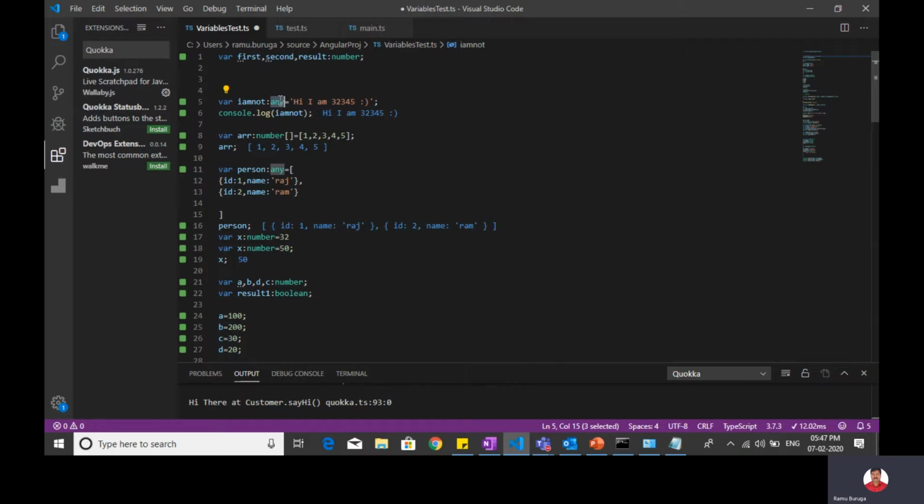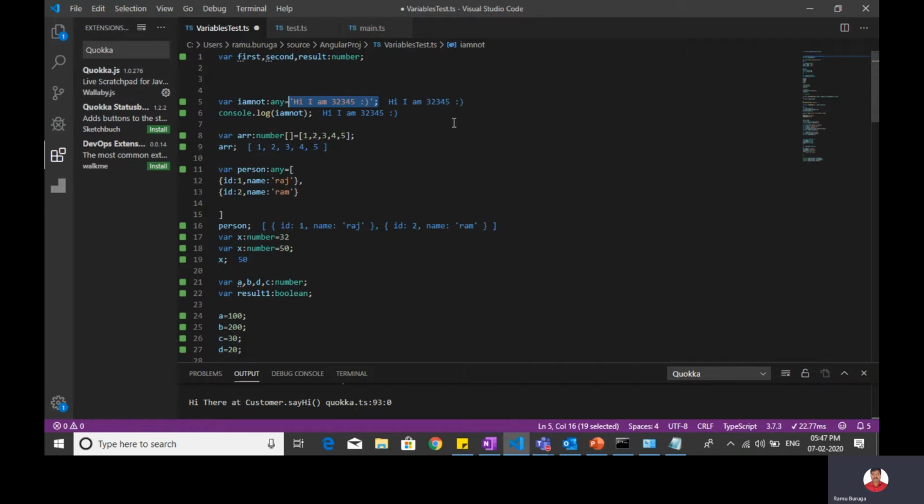You all know that any is a type, and it can accept any type of value. That is also supported by TypeScript. So var is the keyword, this is the variable name of type any, and I directly assign the values. Here I assigned string and number values, all of them.